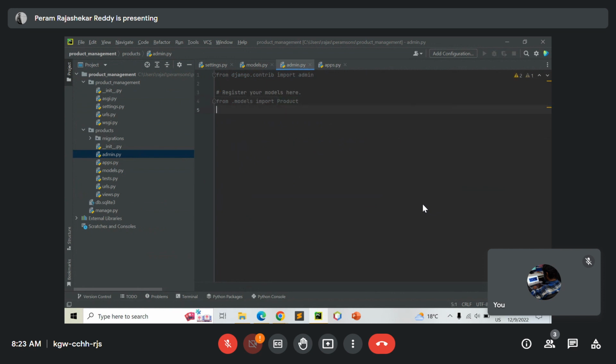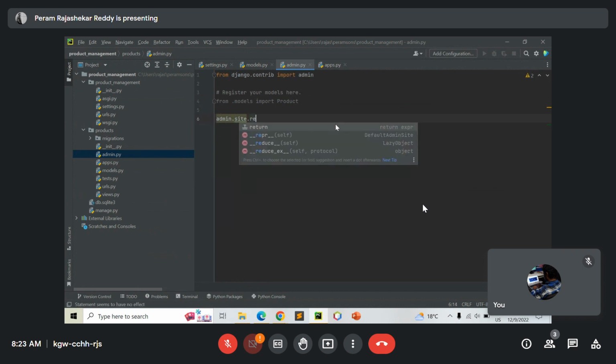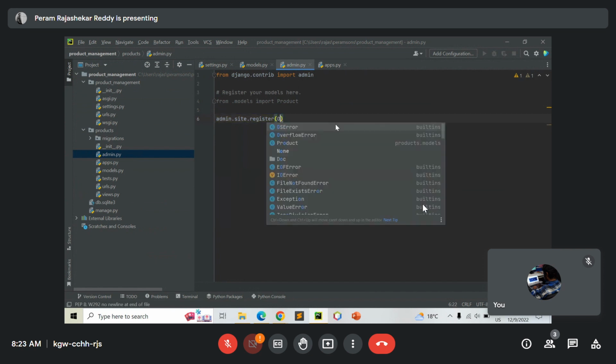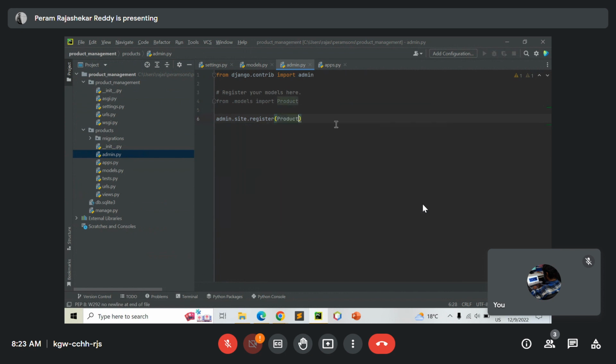Once you are done over here, I need to write admin dot site dot register, where I take Product as my particular class that I have to create. I have to take it in my administration to make it registered basically. So once it's done,